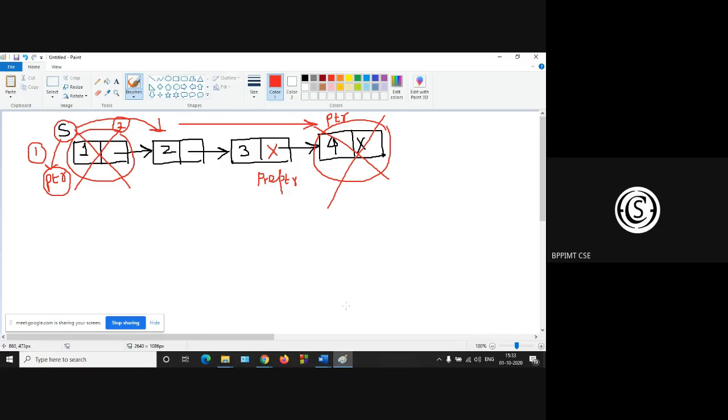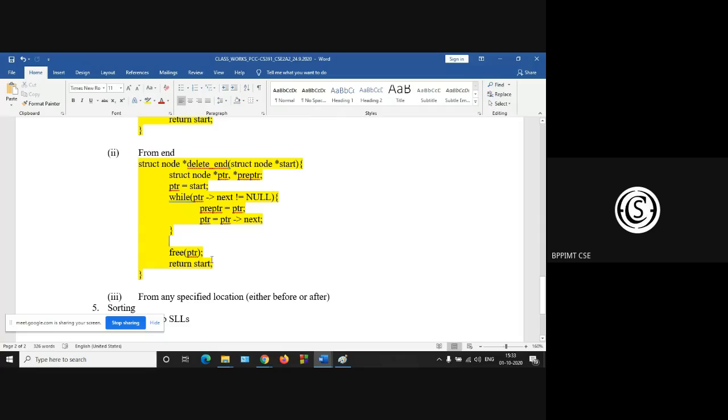Every time you have to copy this ptr into the pre ptr. Now ptr next is equal to null. Okay, then free ptr and return start.